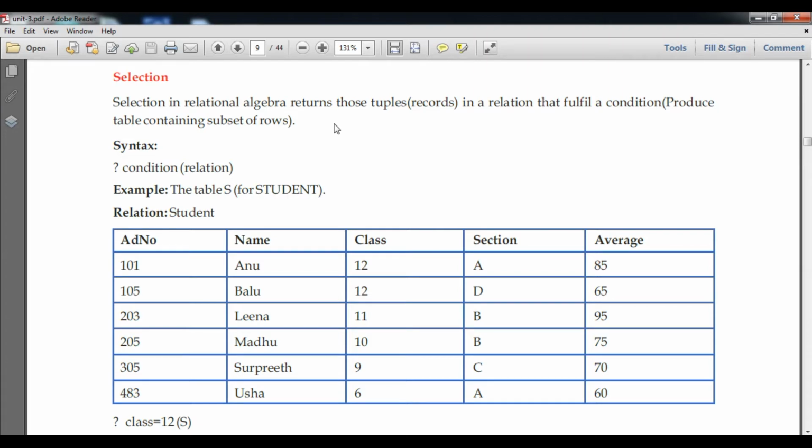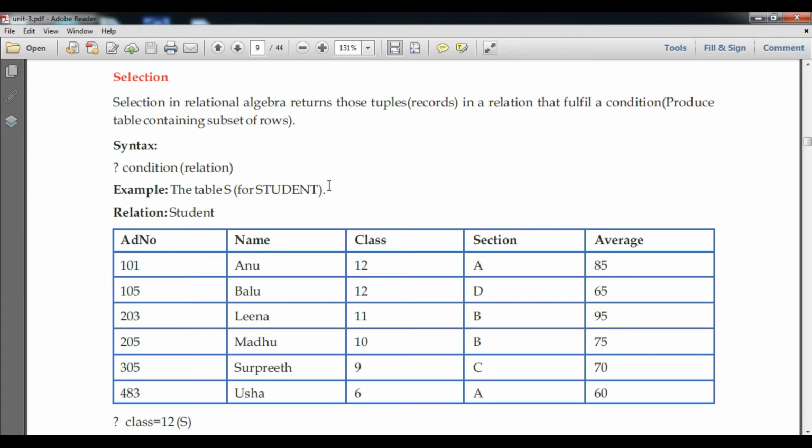Here you can see an example. A selection is based on a condition, and in this syntax it is written as condition and relation. Suppose the relation is the table student.